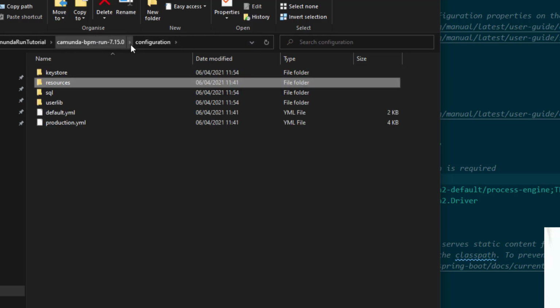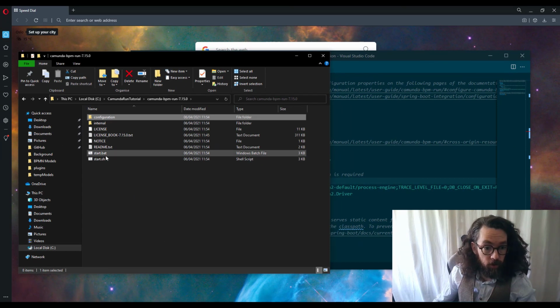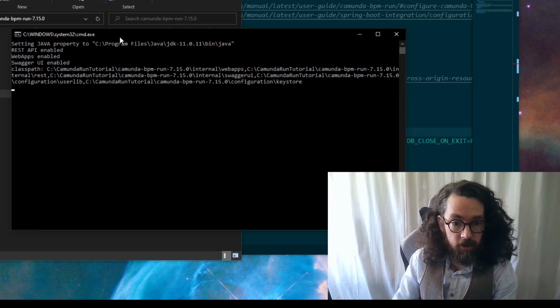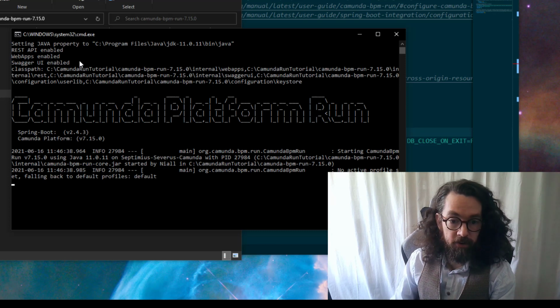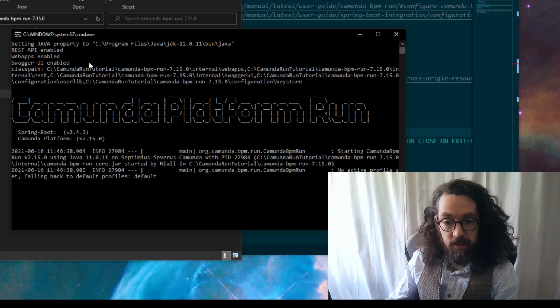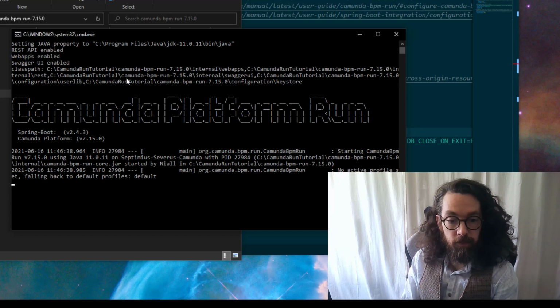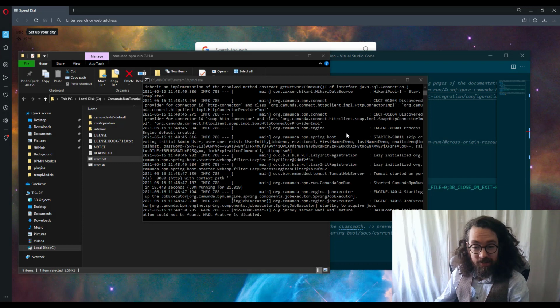Okay, so the last thing to do is go back here to Camunda Run. We are going to start this up. Let's go. So what should happen is this starts up. We have here a bunch of things enabled. We have the REST API, we have the web apps enabled, and Swagger UI, which I'll talk about later, and it's starting up. Behind the scenes here is actually a Spring Boot application. It's kind of hidden behind the distro. So after a couple of seconds, this will start up, and then we'll be able to access the web apps immediately. All right, and it's now started.